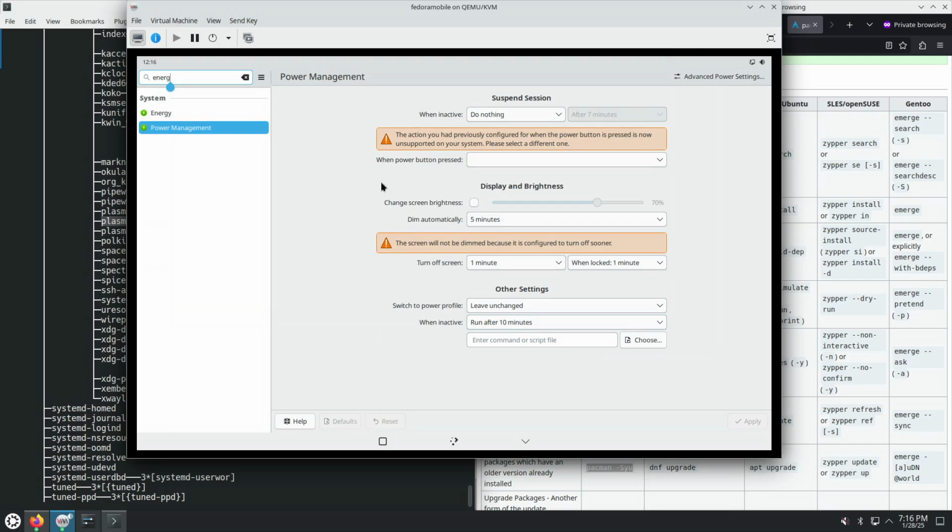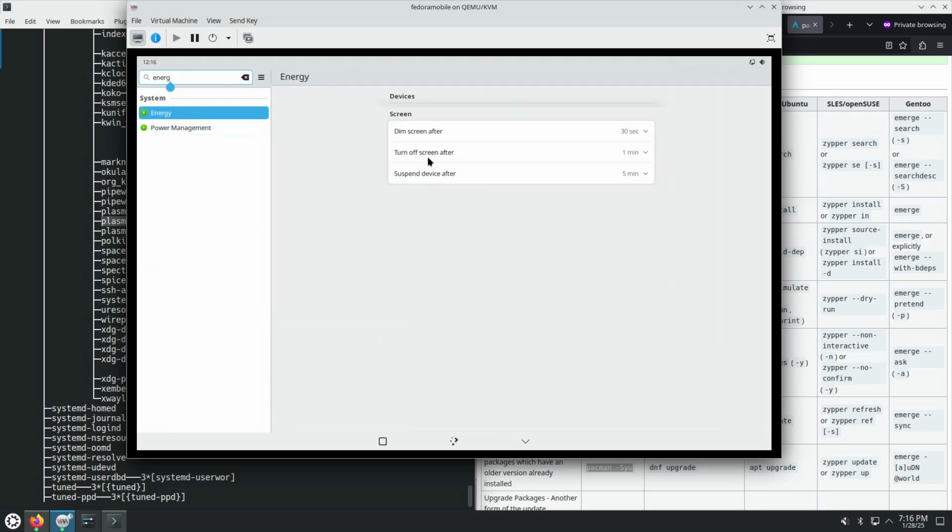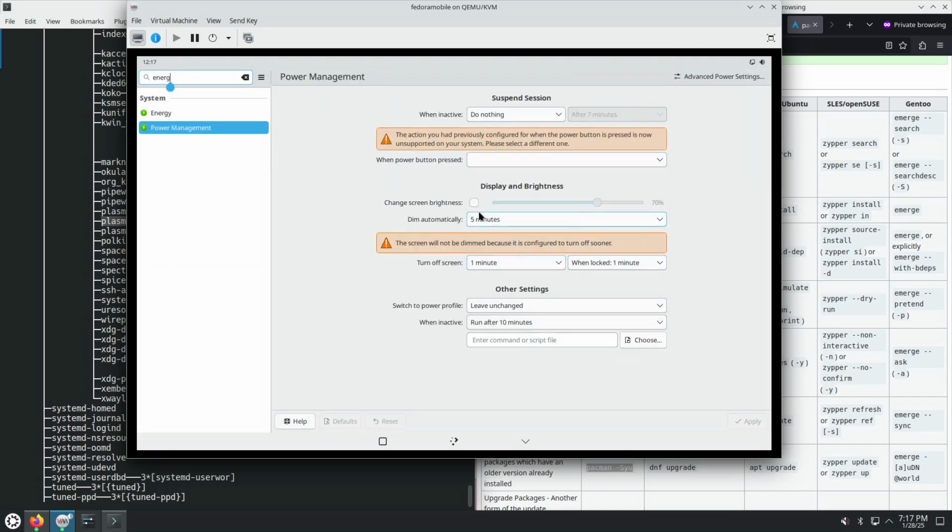So this is about display and brightness versus display and brightness. I'm not sure what's happening here, why there's two KCMs and which value is correct and which of these is enabled. Maybe,